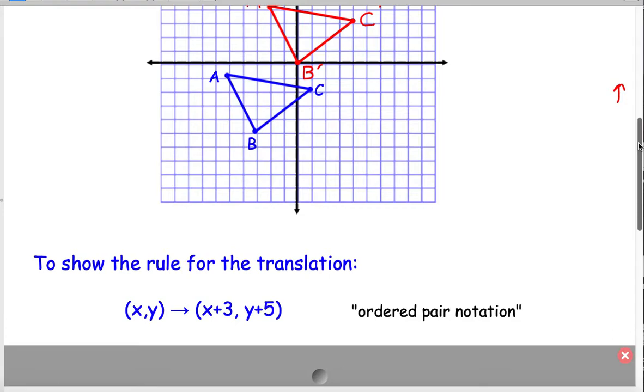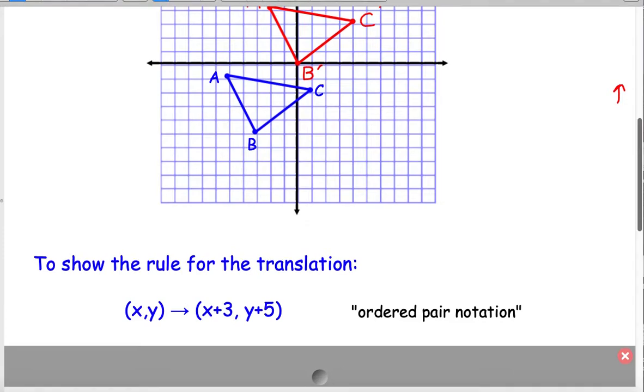When I want to write some notation, because in math we're always writing shorthand notation, if I want to explain what I did instead of writing out a sentence, I can use this notation. And throw my arrow here. And so what we say is we write x comma y in parentheses, so that's like an ordered pair, and then we draw a little arrow, and then we're going to write another ordered pair,